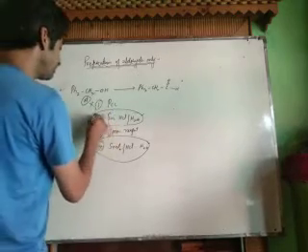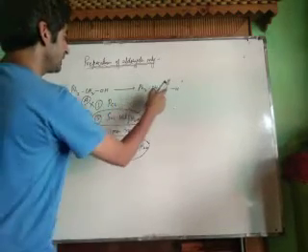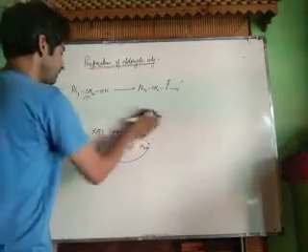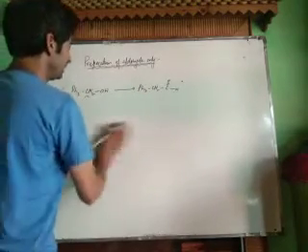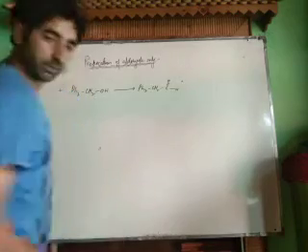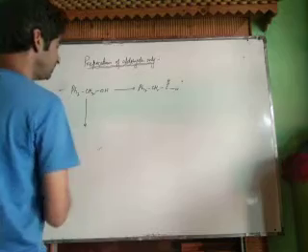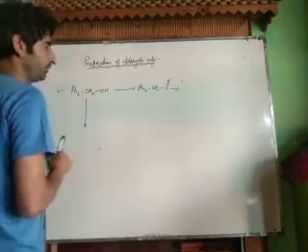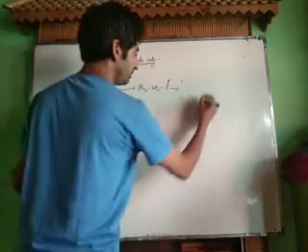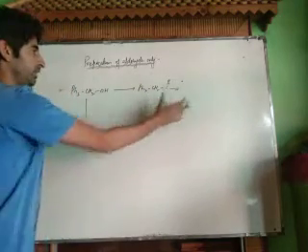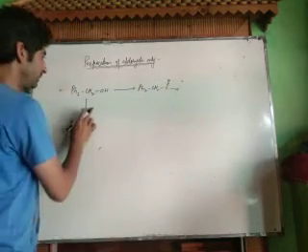Now we cannot use this option because it will lead to the further reduction of this into alcohol. So we will use this reagent. First, what will we do? One more option was there. There were two options. Let's do the mechanism. Then we will see what the options were.